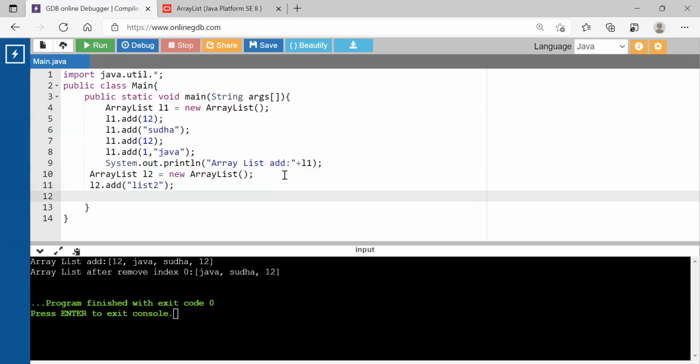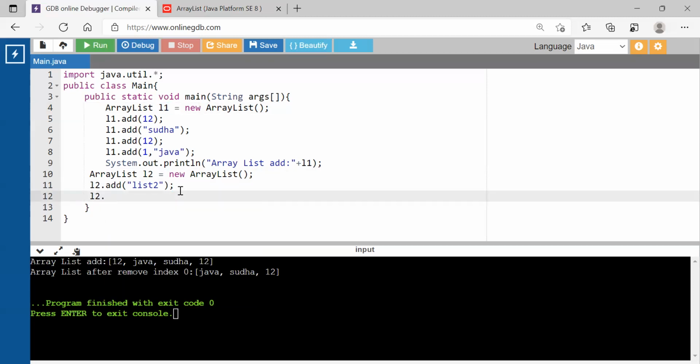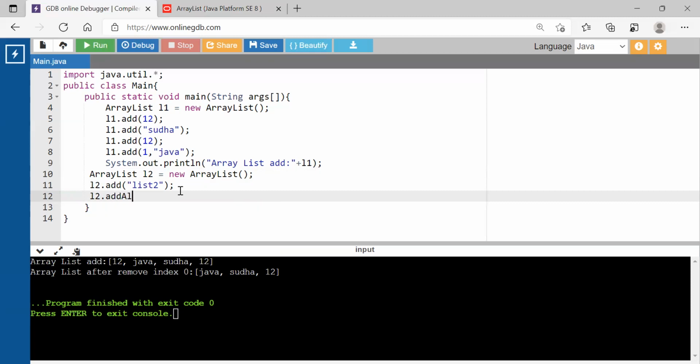And if I want to copy all of list L1 into L2, I can use addAll. So I can say add, and I'm saying all, so addAll. And what do I want to add? I want to add list L1 into L2.